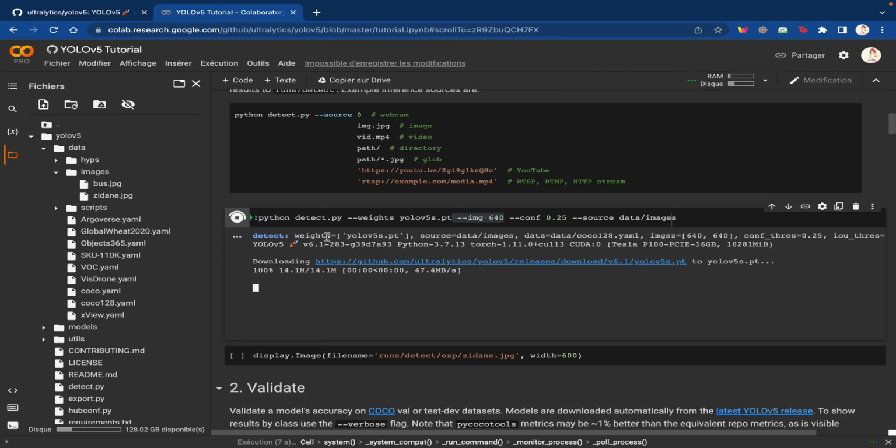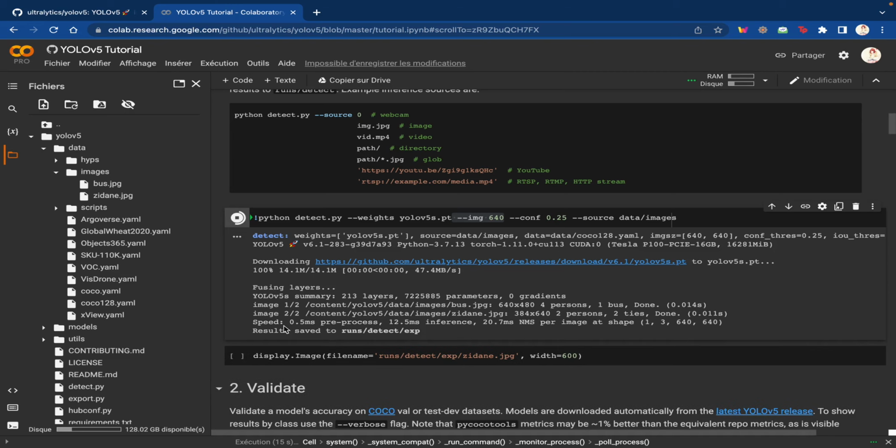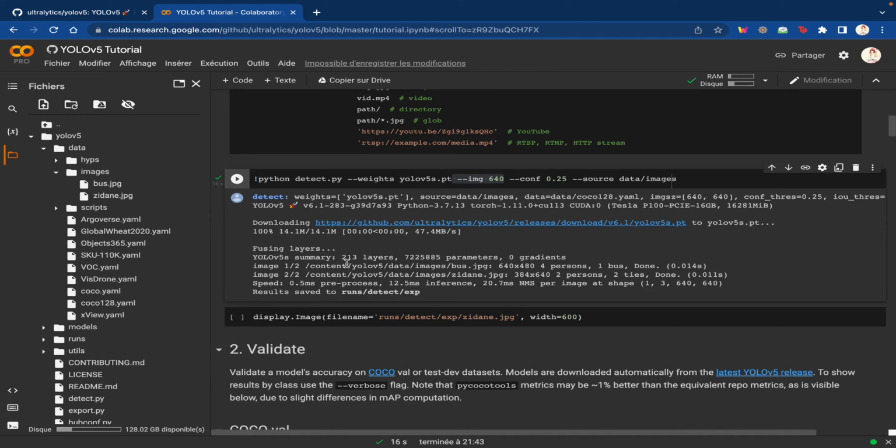So we load the weights of YOLO v5s, and we're going to have a little bit of a summary of this detection. So it says the number of layers that it used and the number of parameters, and it tells us what it has detected in both images. So in bus, we have detected 4 persons and 1 bus, and in the second image, we have detected 2 persons and 2 ties. So we're going to try and display the result, and it says in here that the result is saved in